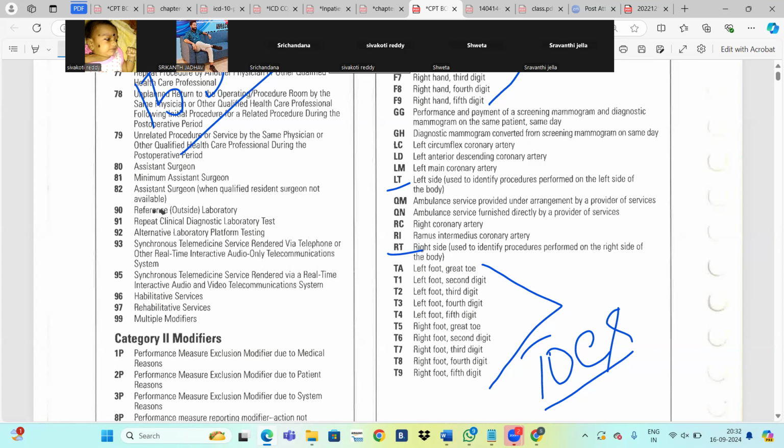Clear? Yes. So when you are using RT for the right body part and LT for the left, what if they did the same procedure on both sides? Suppose they did foreign body removal on both eyes, or splint performed on both hands. At that time you will use the CPT code two times with RT and LT, or